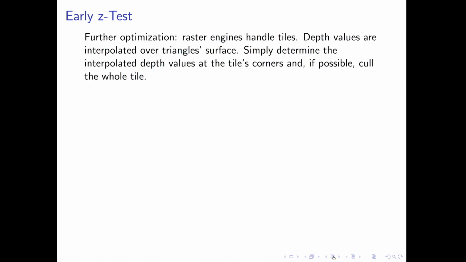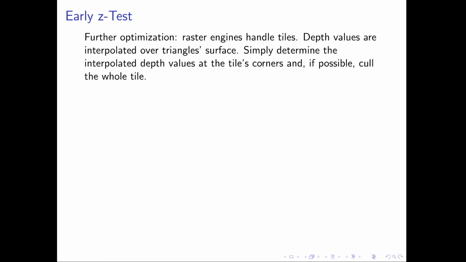And there's actually another reason why it's a good idea for the vendors to implement the early z-test on the scan conversion stage. The reason is that the raster engines basically work on tiles of what will later become fragments. And this gives the vendor the opportunity to cull a whole tile, to perform this visibility decision not only for single fragments, but for a whole tile of fragments before even processing them. And if this opportunity exists, that's of course quite efficient. If this decision can be performed for a whole tile, this is more efficient than later deciding during the fragment stage if single fragments are visible or if they are covered by other fragments. And this is another reason why the vendors take the opportunity to use this very stage to perform culling of